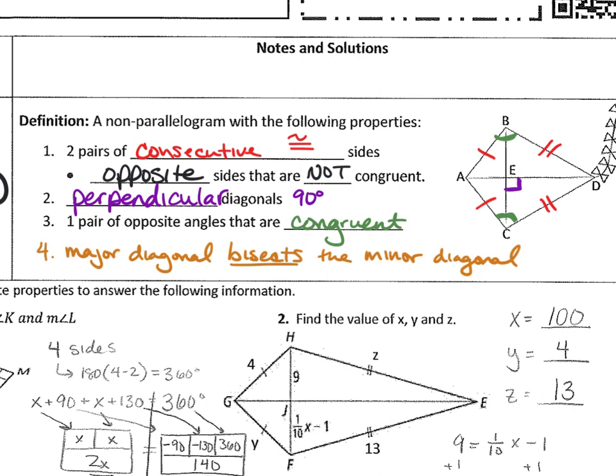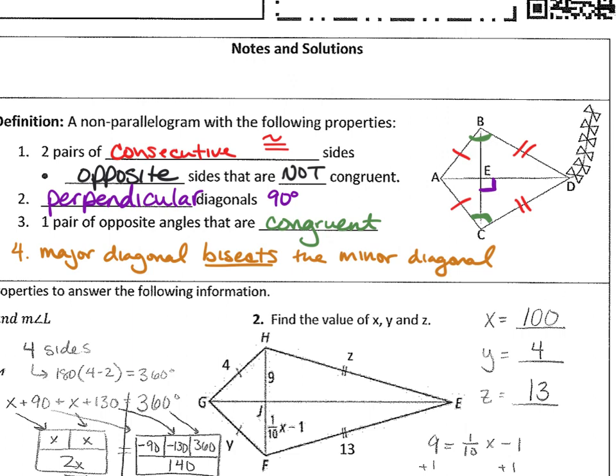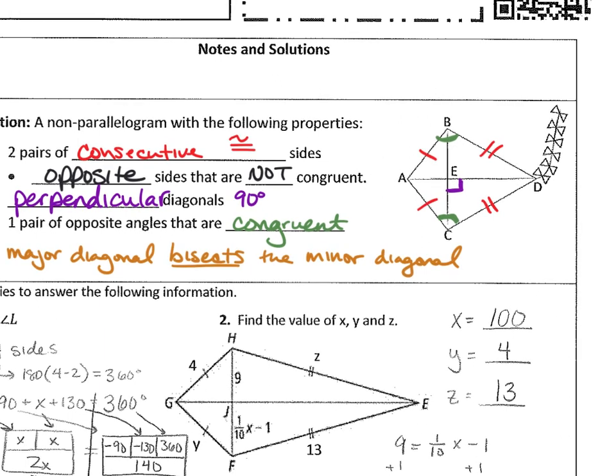Let's figure out what that means. Number 1, bisects means to cut in half. What do we think I mean by major diagonal and minor diagonal? What does major versus minor sound like? Like something's the majors versus the minors. What do we know about those words? Big and small. So you can think of this as the big diagonal bisects the small diagonal,